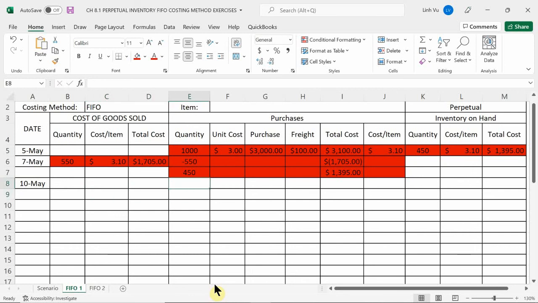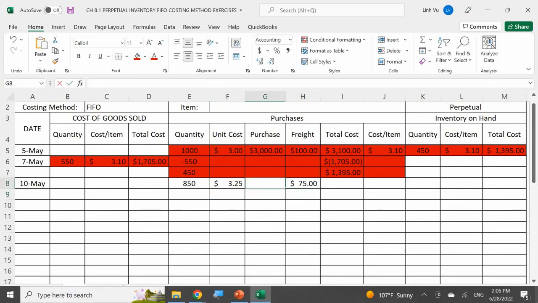We purchased 850 units at $3.25 with a freight of 75. So what's my purchase price here going to be? $2,762.50. Good. Plus my freight of 75, $2,837.50. Giving me a cost per item of